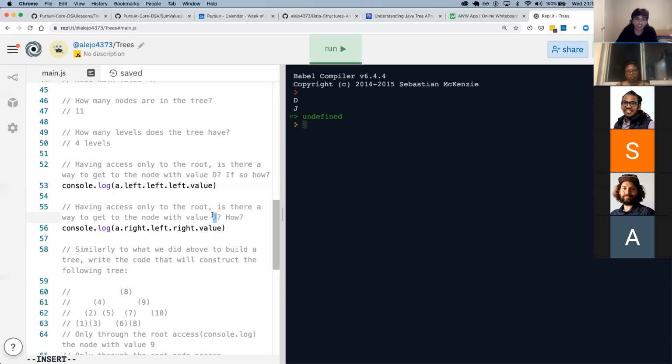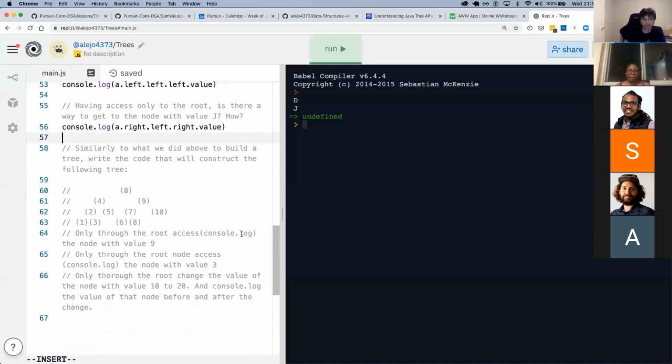You could think of this as similar to how we can key into any index of an array by hand. But if we actually have to find an element in the array, we'll need to write a function, a loop, to do that for us. And we're actually going to use recursion for that.